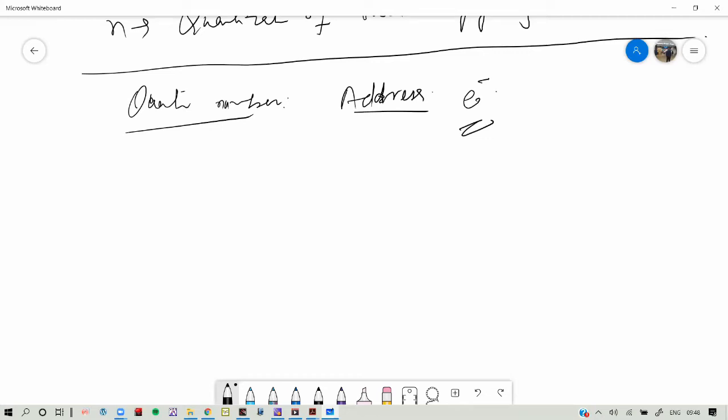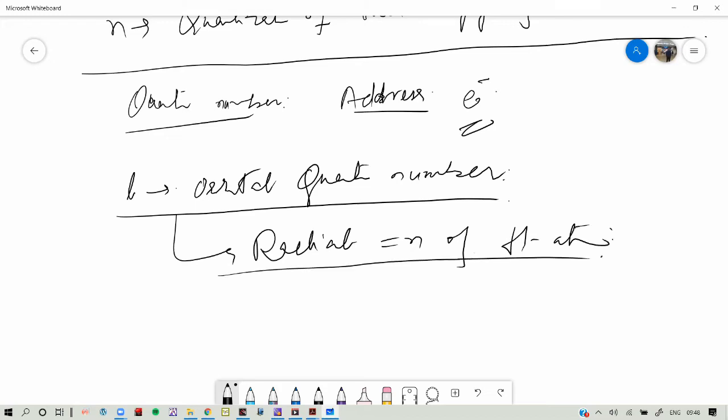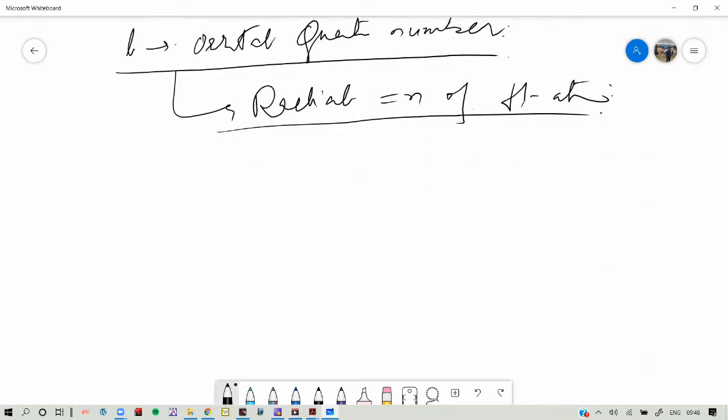Then there is another quantum number which is called L, the orbital quantum number. The orbital quantum number originates from the radial equation of the hydrogen atom. You have all studied the hydrogen atom, and I will not go into the details of this. And if you see the radial equation, 1 by r square